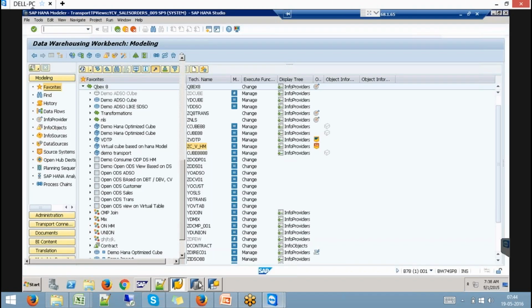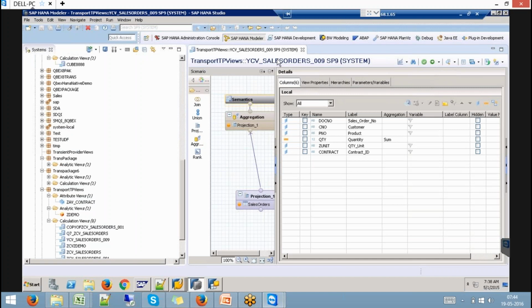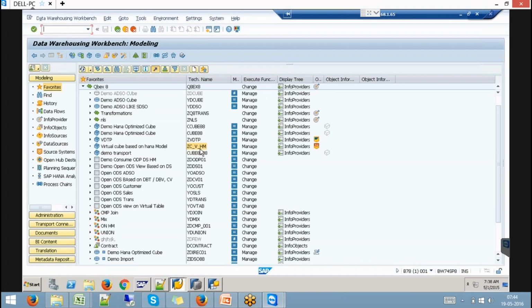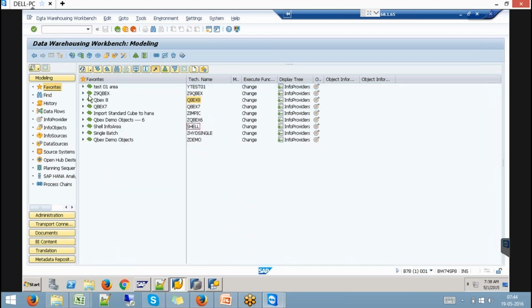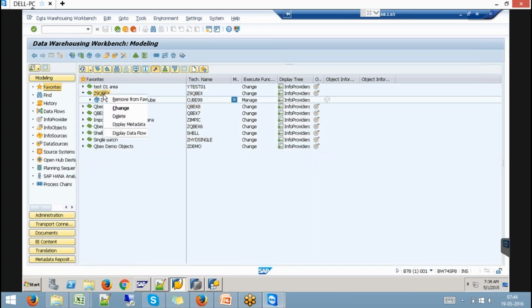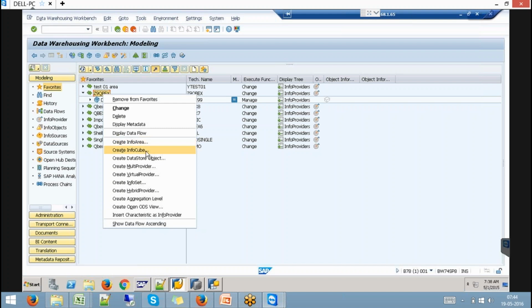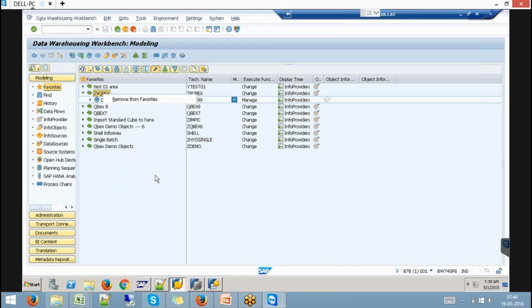Now same requirement. I would like to have the same view YCV sales order 009, and I would like to consume this with the virtual cube. I already have a virtual cube where I've created my InfoObjects already. So I'm just going to create a copy now. Say create, I can say create virtual provider.